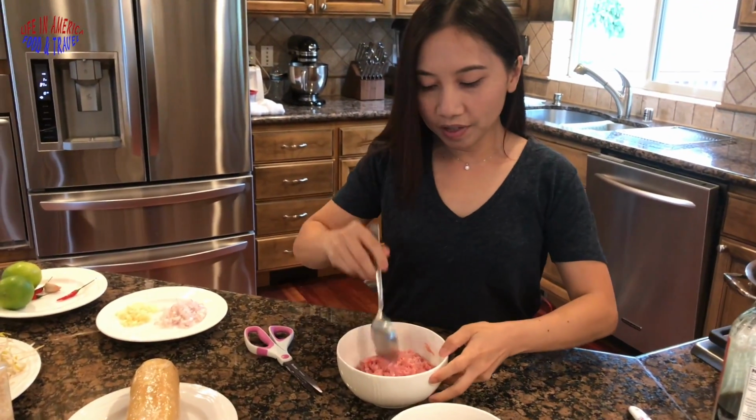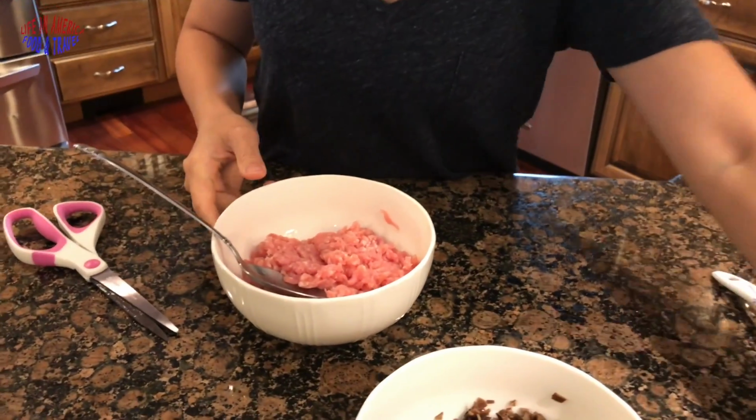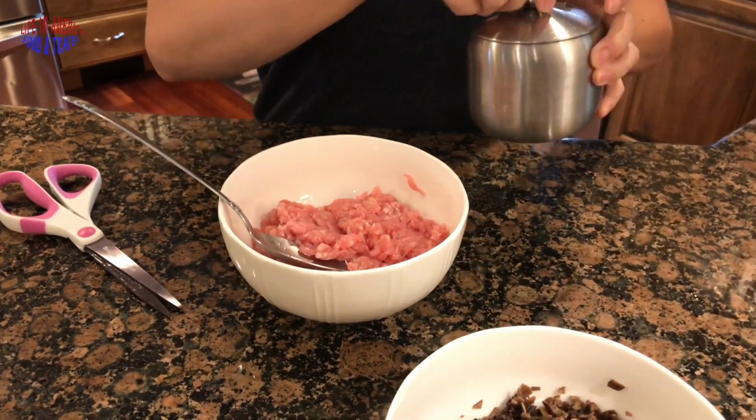And then here I'm gonna marinate the ground pork in